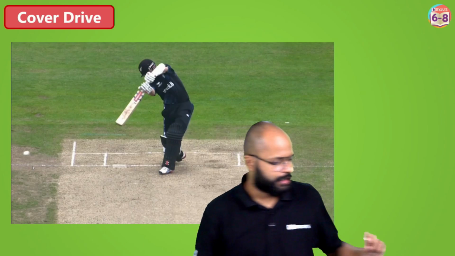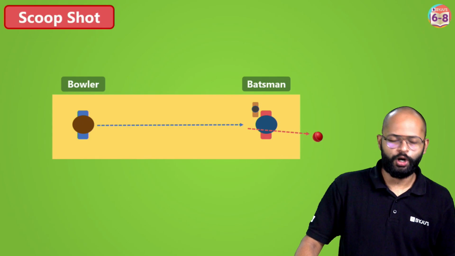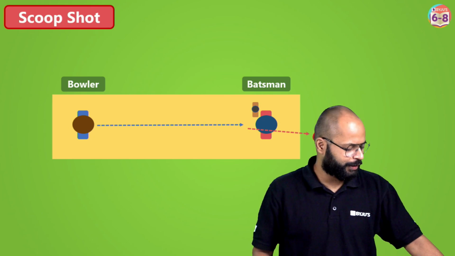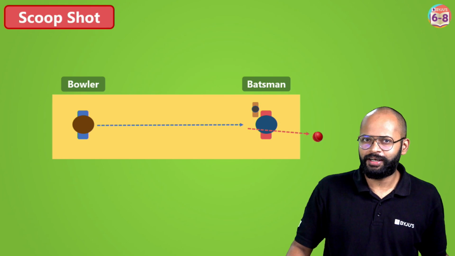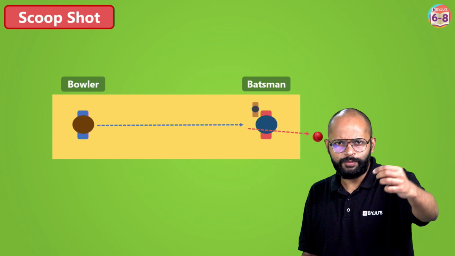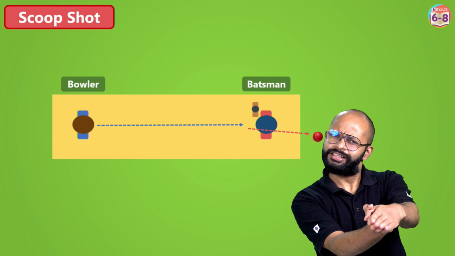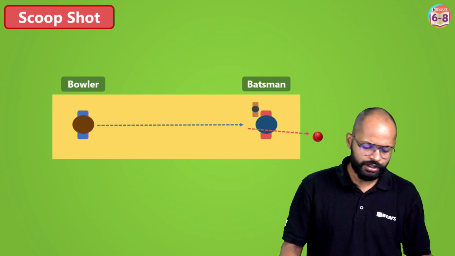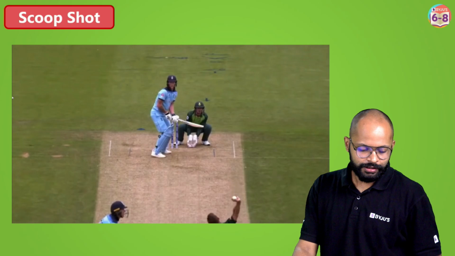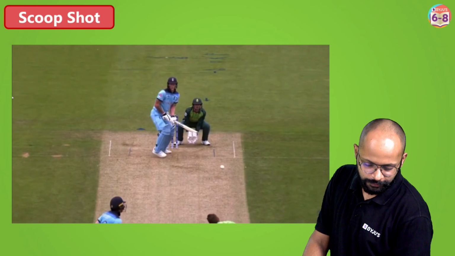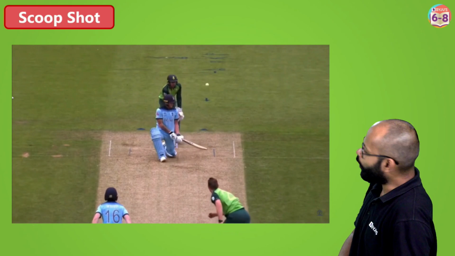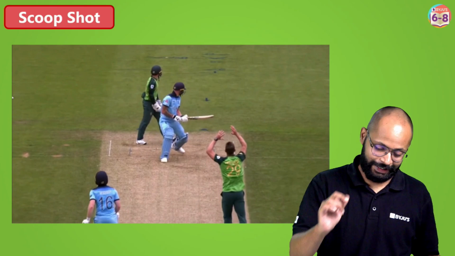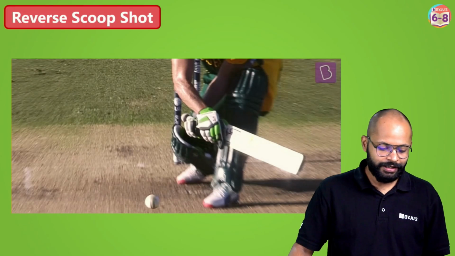Fine, let's see. Let's take a scoop shot. Now, scoop shots are considered, normally people go for them when they are so desperate and they have to try something new, right? The ball comes and they give a nice touch to the ball and the ball goes back behind the batsman, right? So this is what a scoop shot is. Now let's see. This is a very nice scoop shot. Whoa, right? Beautiful. We all love to watch scoop shots, correct? Right? Okay. Now let's see a reverse scoop shot also.